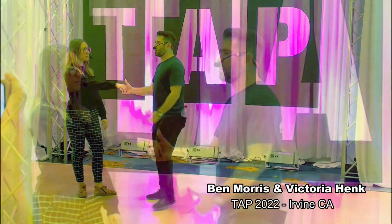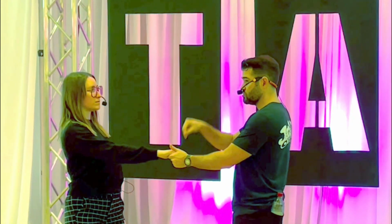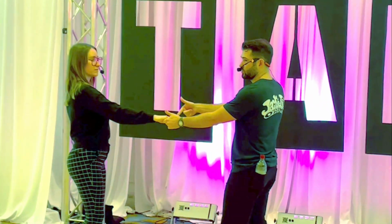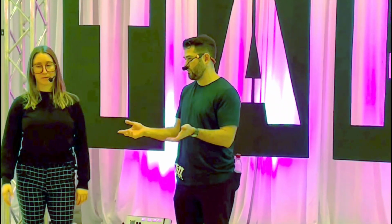So we started out by having one partner at a time bracing the two hands and not moving the hand, because it just makes it easier to learn and feel this, so that we ultimately work towards holding one hand. And then we talked about how if you weren't holding on, I gave you sort of the robot drill. Because we were like, well, what should my hand be trying to do if I wasn't holding on